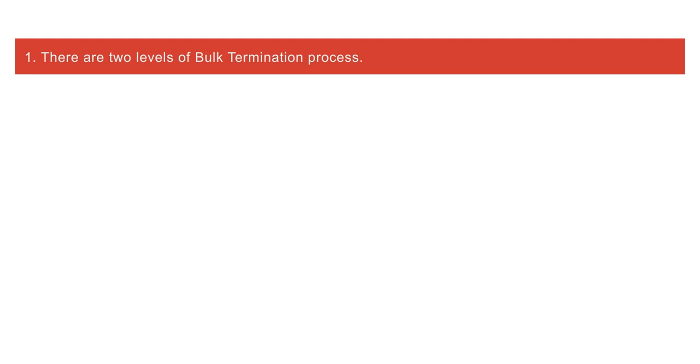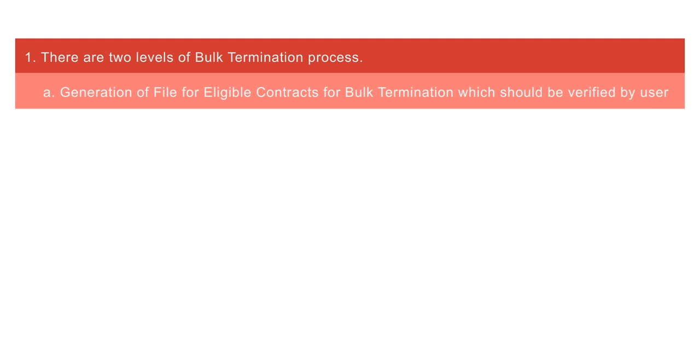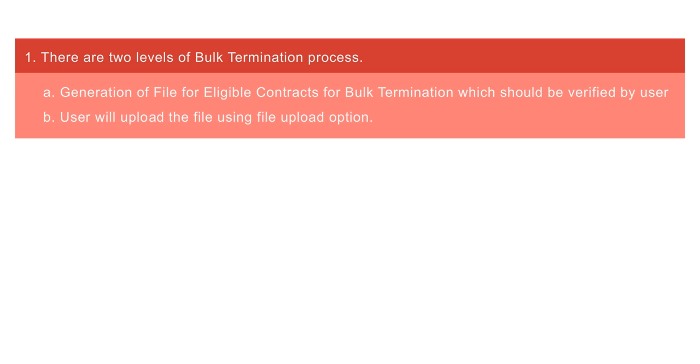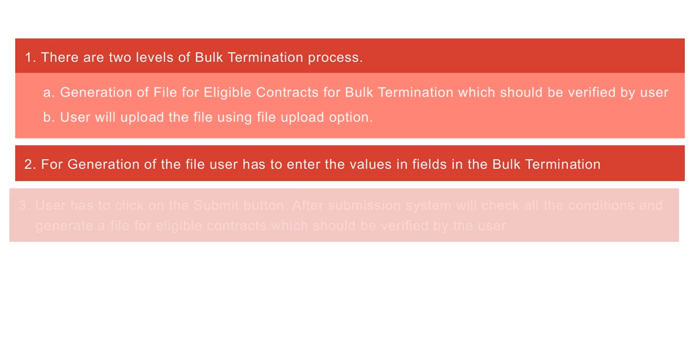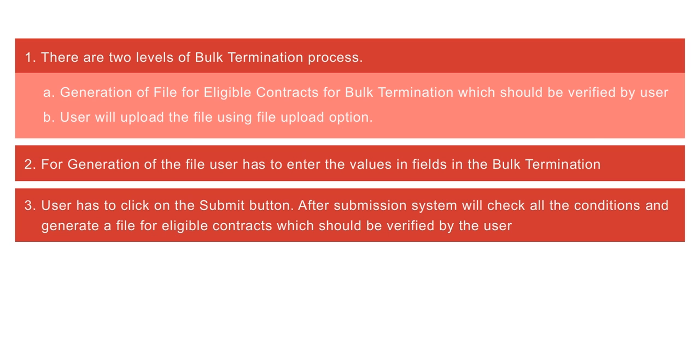There are two levels of the bulk termination process. The first is generation of a file for eligible contracts for bulk termination, which should be verified by the user. The second is that the user will upload the file using the File Upload option. For generation of the file, the user has to enter the values in the fields in the bulk termination and click on the Submit button. After submission,